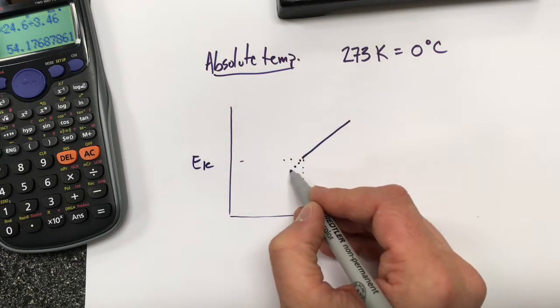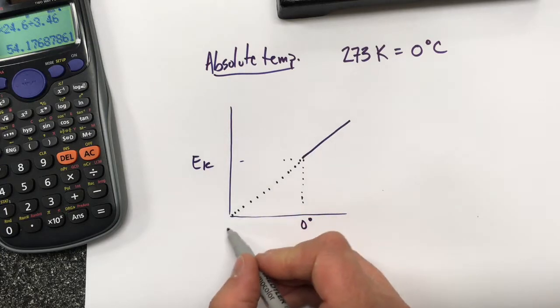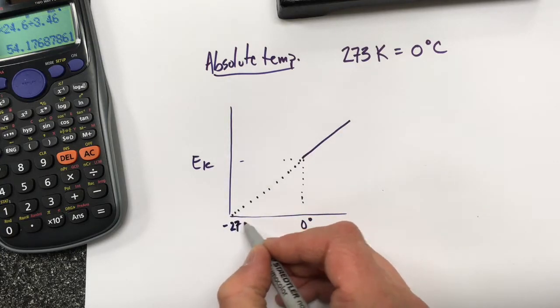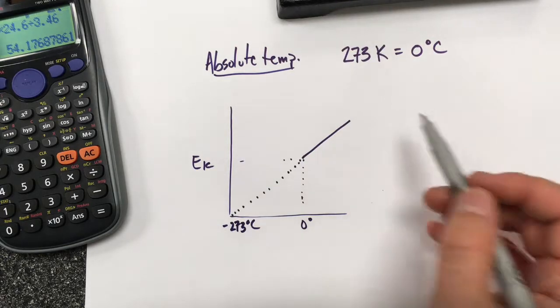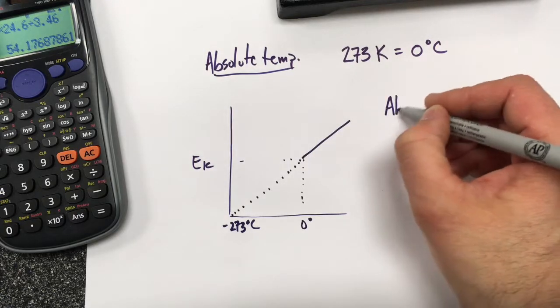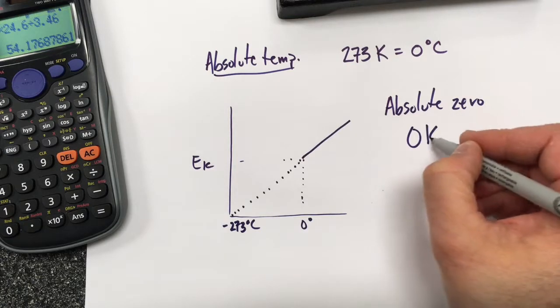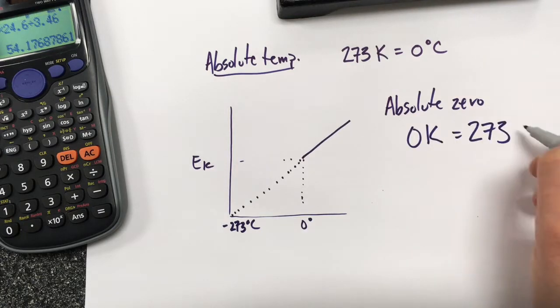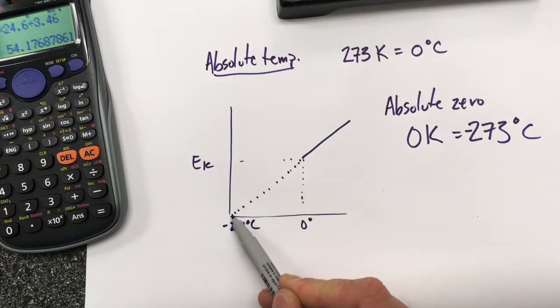But if we can keep cooling down particles infinitely, it'll go down to minus 273 degrees Celsius, and that's when particles entirely stop moving. So absolute zero, or 0 Kelvin, equals negative 273 degrees Celsius. This relationship is important for gases because if a gas particle stops moving entirely, it has